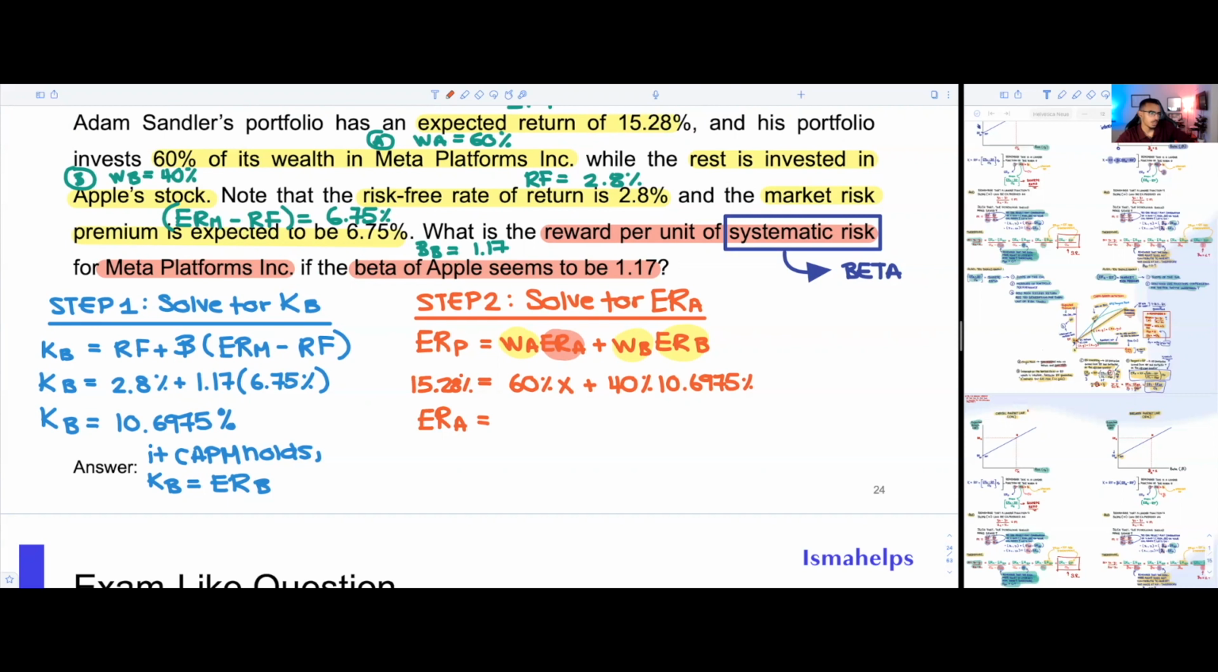So we should be good. And we find that the return on Facebook stock, on stock A, on security A, is going to be equal to 18.335%. Now, just to be super comprehensive, I'm going to verify whether my answer makes sense,